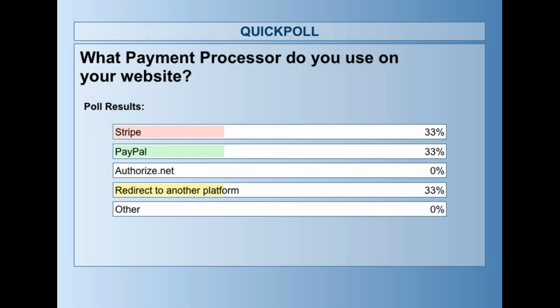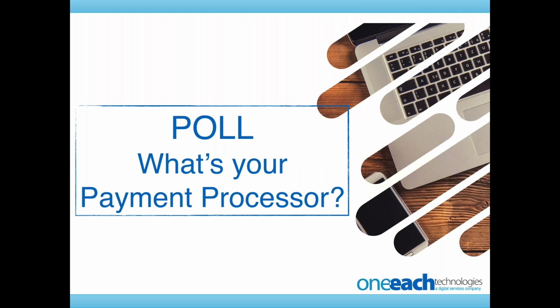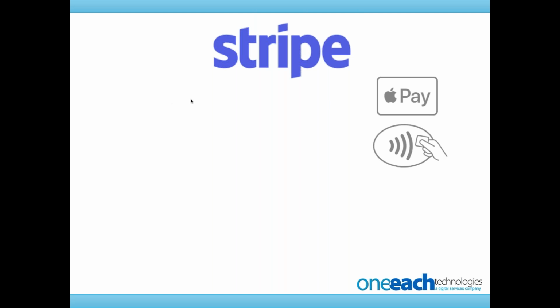Okay. There's usually a logical reason why you're doing that. I'd be happy to talk you through that at some point to see if there's any logical reason maybe not to do that. And here, I'm going to tell you about Stripe. So my one person out here who's using PayPal, which I don't know which one of you it is, challenge that's been, and really with payment processors, even Stripe, we've only been working with Stripe a year and a half.